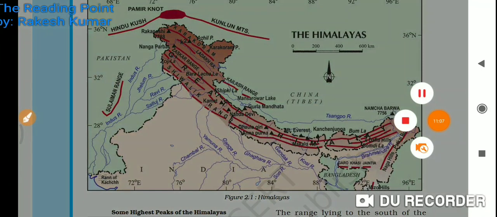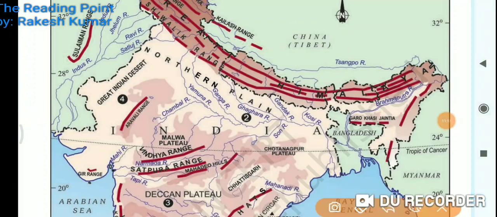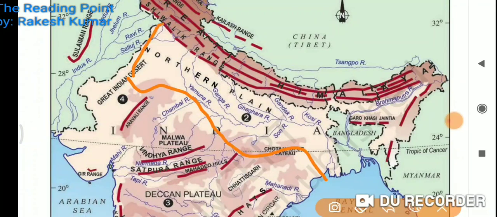Now students, we are going to study about the northern plains. On the map of India we can easily identify the northern plains. These are made up of three important rivers, that is the Indus, the Ganga and the Brahmaputra. These rivers made a big fertile plain made up of alluvial soil. The name alluvial came from alluvium, meaning deposited material flowed with the river water.